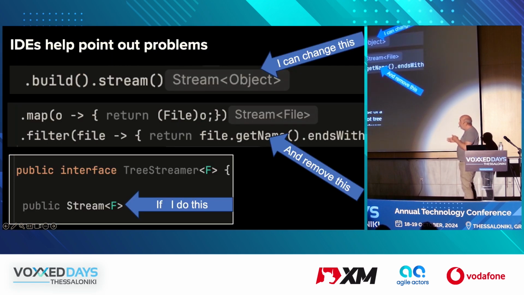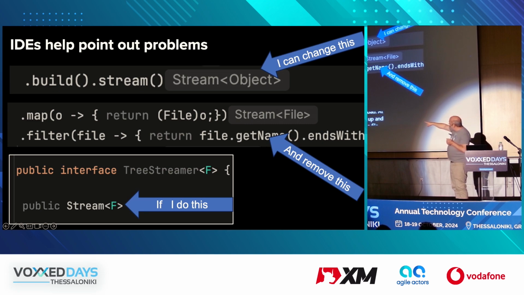right? So the IDE can help me. All the stuff in gray that you know is not part of the language is what the IDE is telling you, in situ help. Build.stream says, hey, returns a stream of objects. And then I've got a map, which returns, well, I cast it to a File. Okay, maybe that's good or not so bad. But at which point, the IDE picks that up and says, no, it's a stream of File, and then I can run the filter.